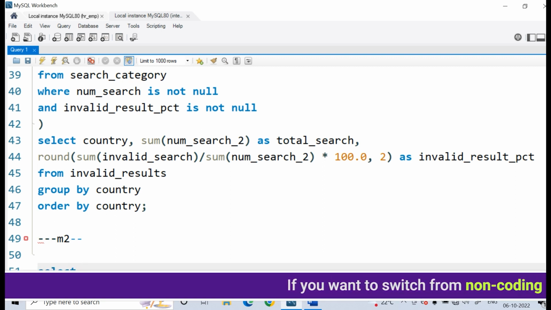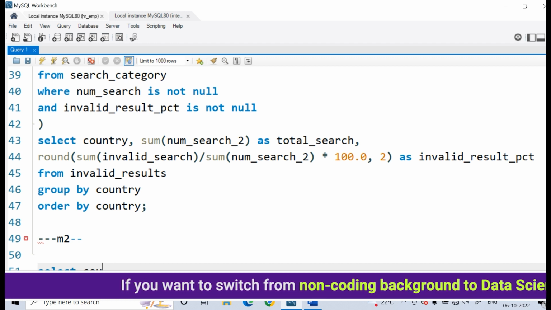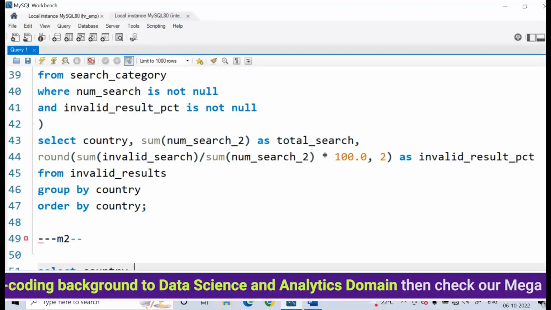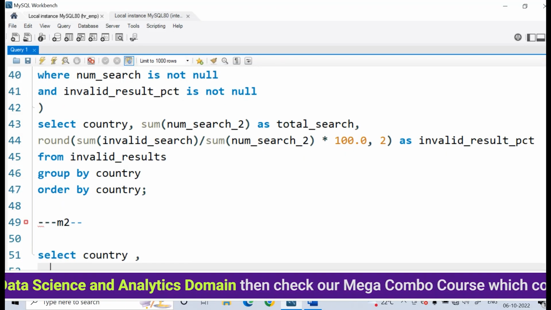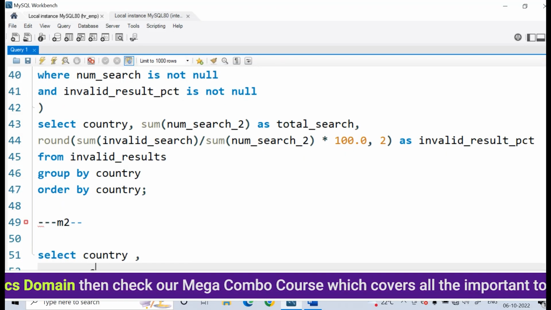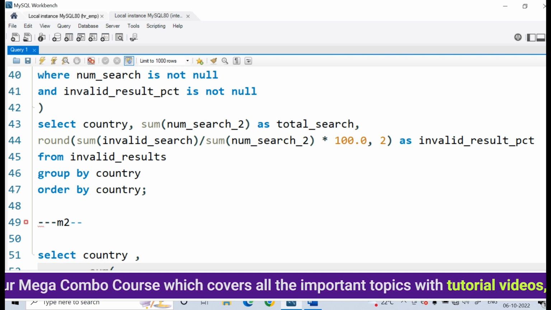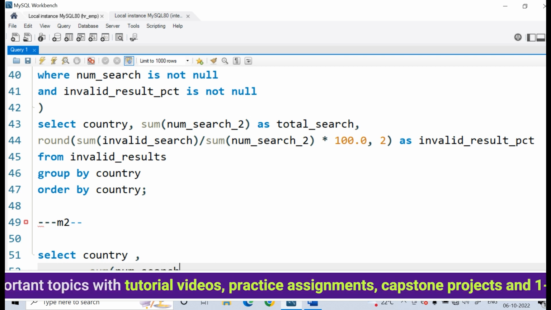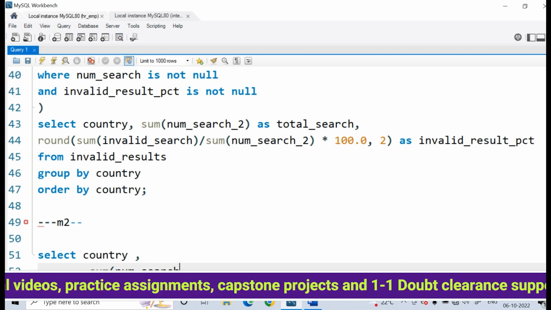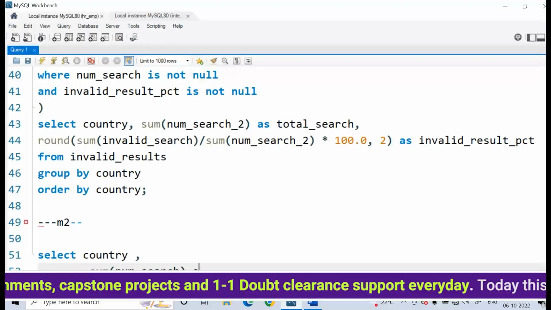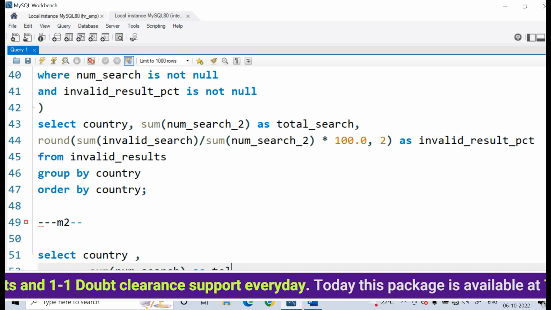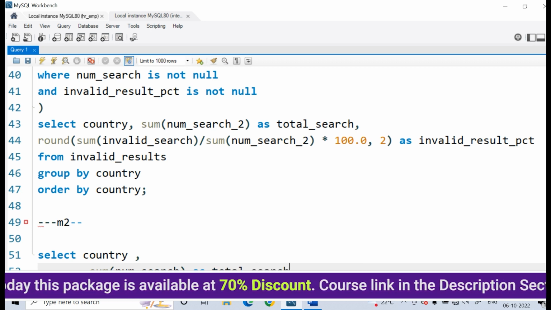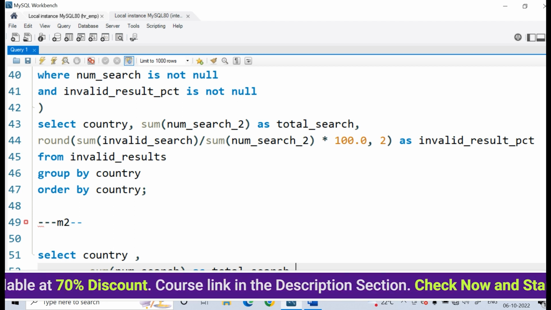So this one method is like, from select country, sum of num_search as total_search,